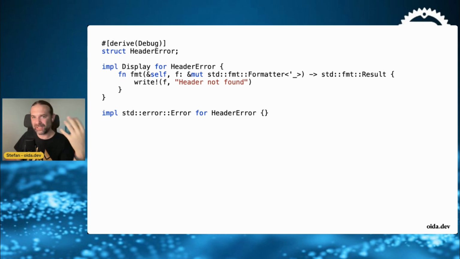Since this operation can result in an error, the first thing that I do is create my own error, because it's a header error that could happen. To create a header error, I just create an empty struct. I don't care about any contents. I just care about the error itself, and I need to implement the error trait, the debug trait, and the display trait. Now I have an error that I can use with a boxed error, with whatever. And then I